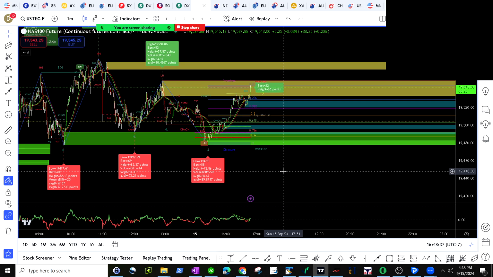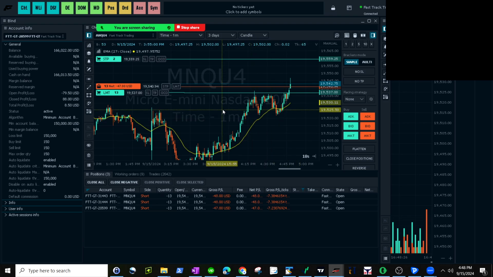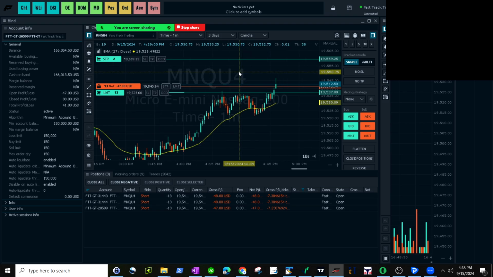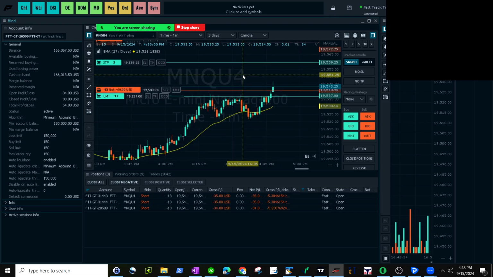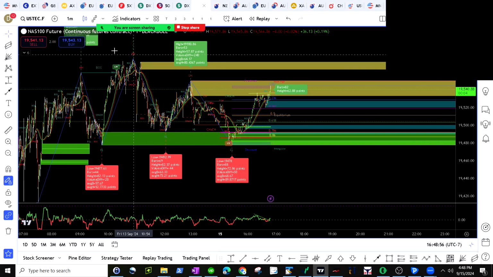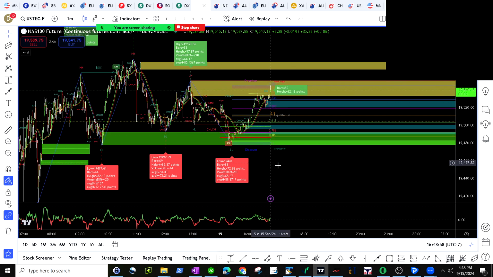I do that because I know that the probability of hitting down here is very low, but the probability of retesting that high is pretty high. And so I don't mind adding it as long as I know that there is no momentum and we are at this kind of structure, right? So for me, it's mostly structure,